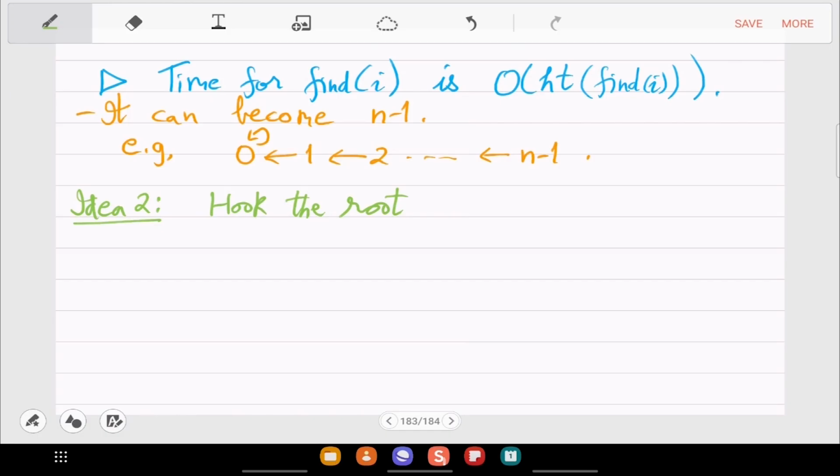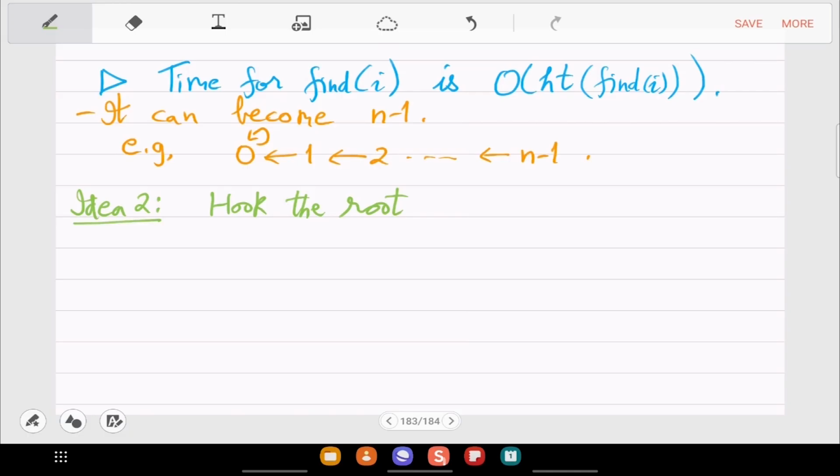Okay, so that is what we'll do, but do you want to also qualify which tree will be added to what. Yeah, exactly. So you have to be careful about the size also. Intuitively, what you want is the smaller tree should be moved to the larger one, the bigger one.